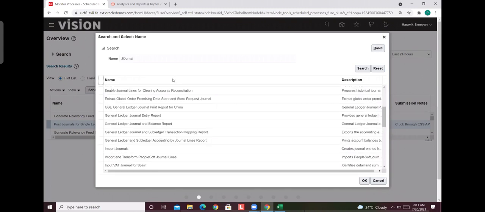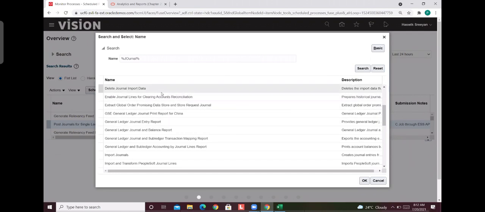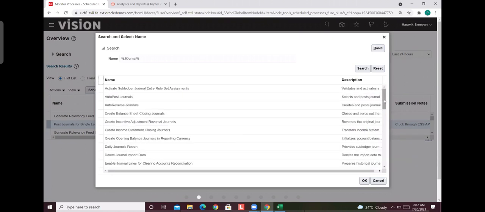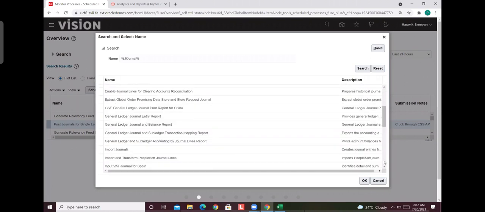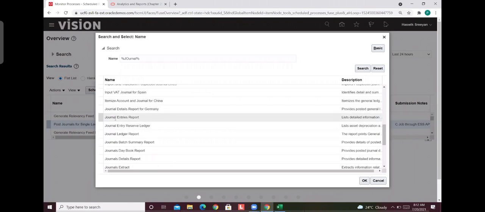Suppose you don't know the name, you can see Delete Journal, Import Journal, General Ledger Journal Entry Report. You can see many names: Daily Journal Report, Journal Posting Report, Journal Entries Report, Journal Day Book, Journal Detail Report.